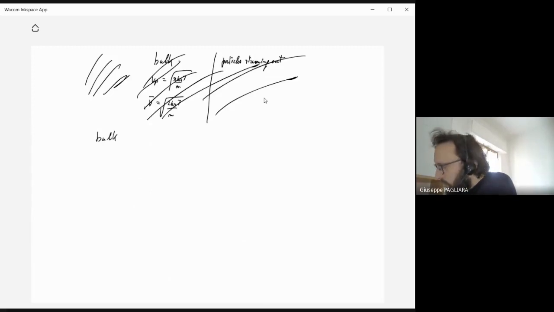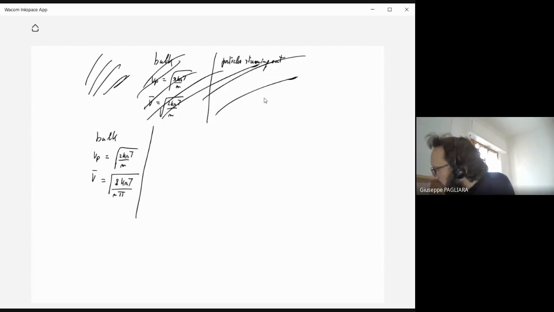So in the bulk, Vp and V average were respectively: Vp was 2 kBT divided by m, and the average was 8 kBT divided by m pi. Okay, these were the correct values in the bulk. Let me check again: 8 kBT over m pi, and 2 kBT over m. Okay. Whereas for the particle streaming out,